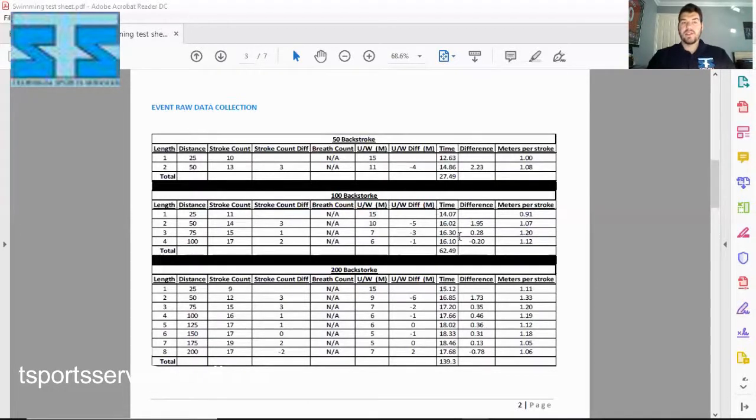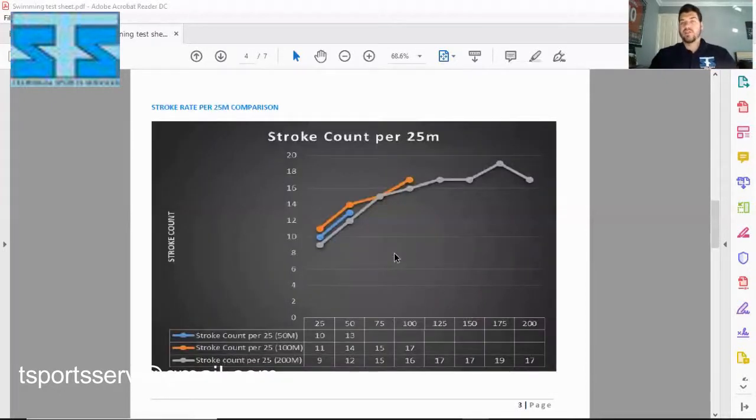So we've taken all this information and basically we've generated some graphs from it. So this is like a graph showing the stroke count per 25. Obviously, this can be done per 50 if it's long course, and it shows you a difference in the stroke count. Now, this person's stroke count goes up as they get tired, right? So again, you can leave that down to the coach to analyze why that is. Is it because they're going less distance off the wall? Is it because they're getting tired and they're not catching the water as well? There could be numerous different reasons, but again, that's up to the individual coach to analyze, unless they want us to do it for them.